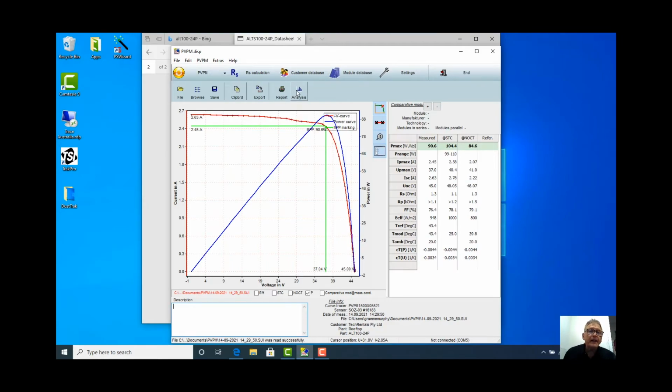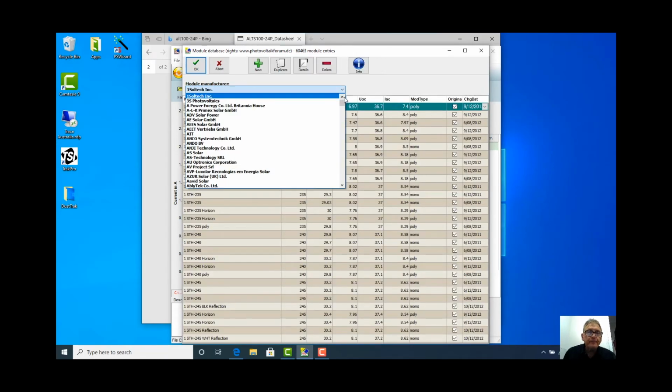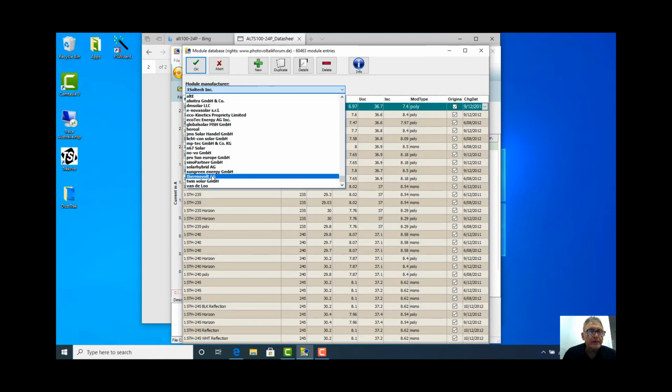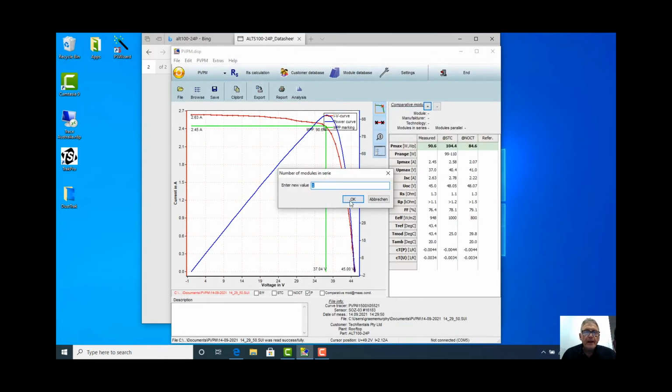We can have a look at the analysis button here. Oh, sorry, we need to add the module type. So the module type is under here. It's here, I think you'll find, because there it is there, ALTE. There we go, pick it up. Now it was one single panel, so therefore it compares it with what's expected, and if we do an analysis on it,